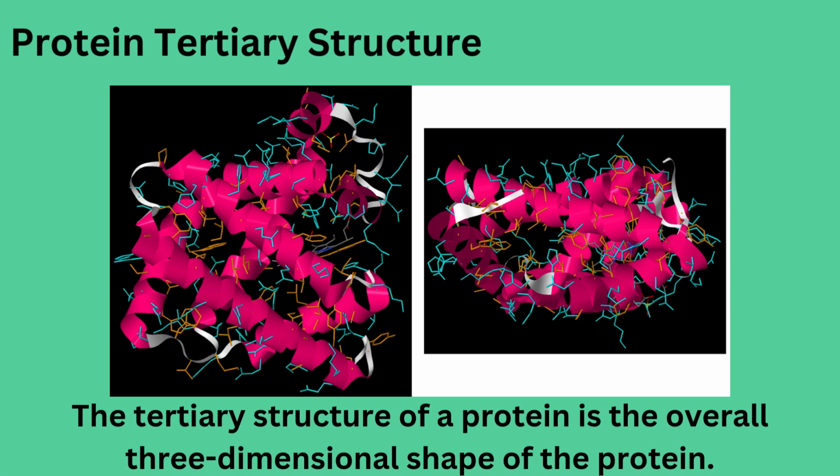The tertiary structure of a protein is the overall three-dimensional shape of the protein. It is how the alpha helices and beta sheets fold together in order to form the overall structure. The tertiary structure is often also defined by various intermolecular interactions involving the protein side chains as well as the